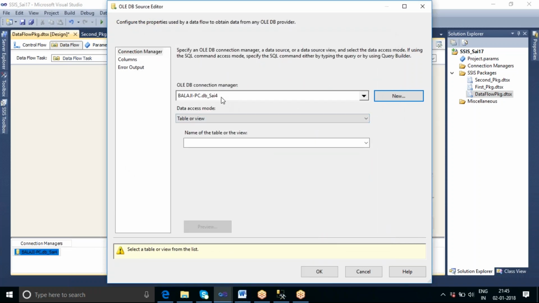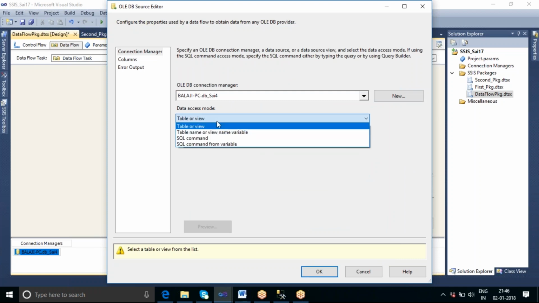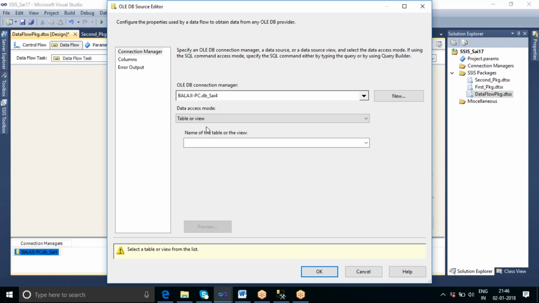Now in this database, which is your table? You can see we have the data access mode, which by default is the first one, table or view. Yes, I want to select the data. My source data is present inside the table, so go for it,